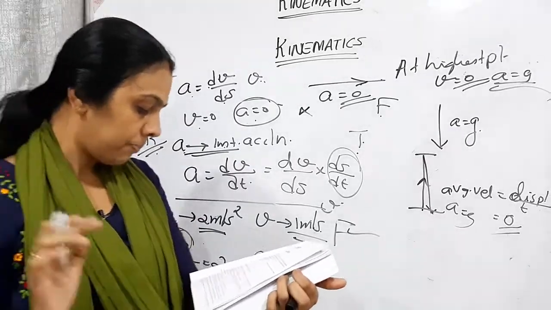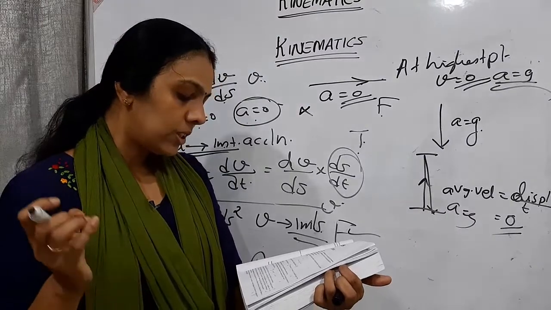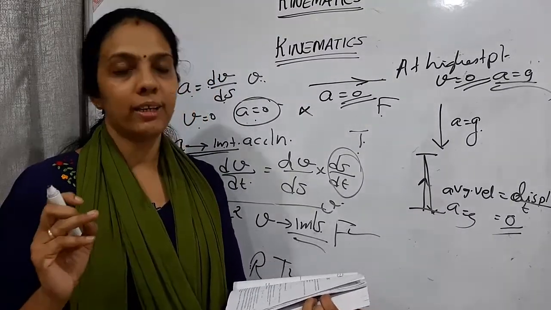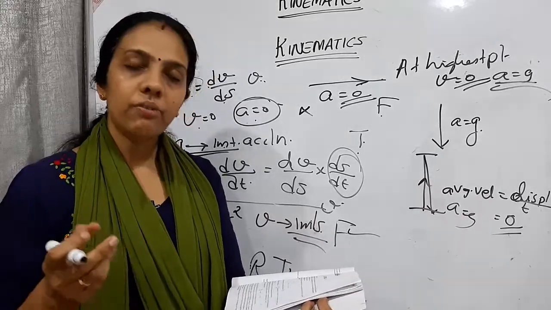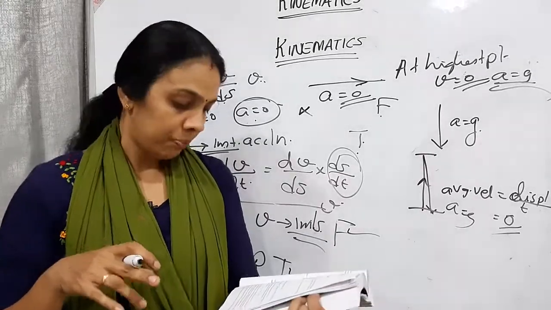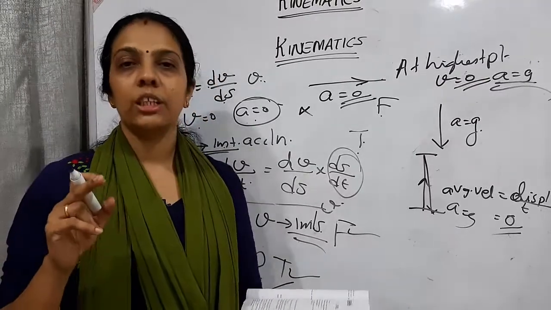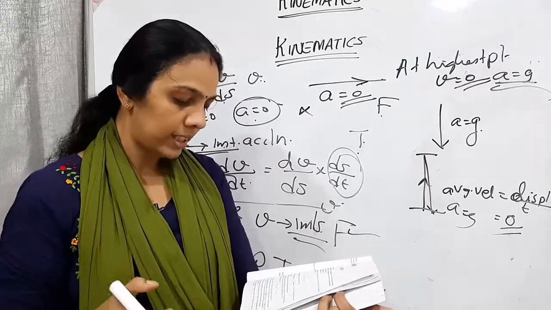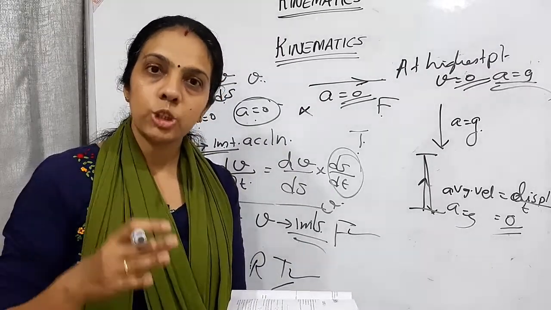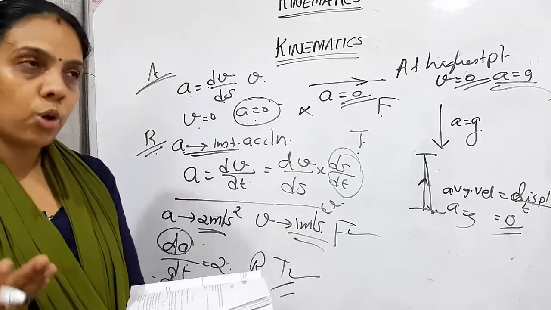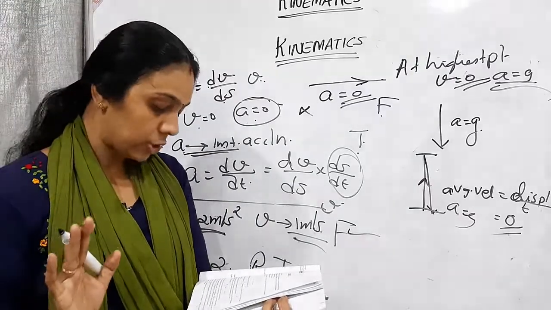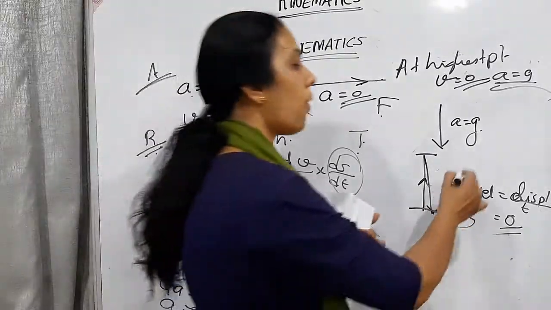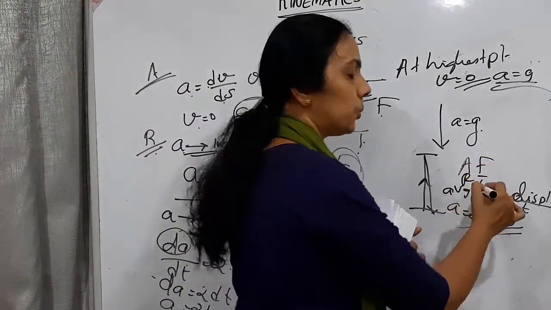So average velocity can't be 0 in case of uniform acceleration, that is false. Assertion is false. Reason: for average velocity to be 0, a non-zero velocity should not remain constant. That is correct only, because if average velocity needs to be 0, this non-zero velocity should not remain constant. That is true only. So here also assertion is false and reason is true.